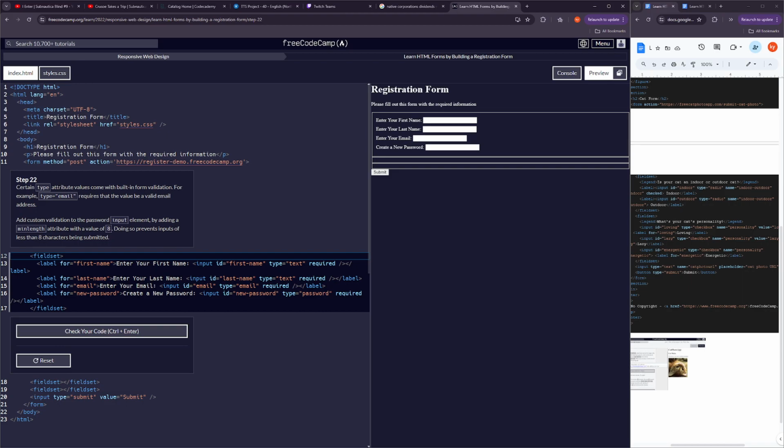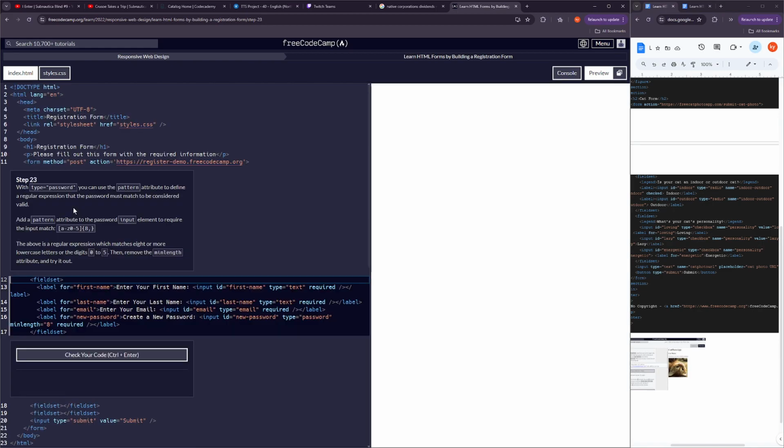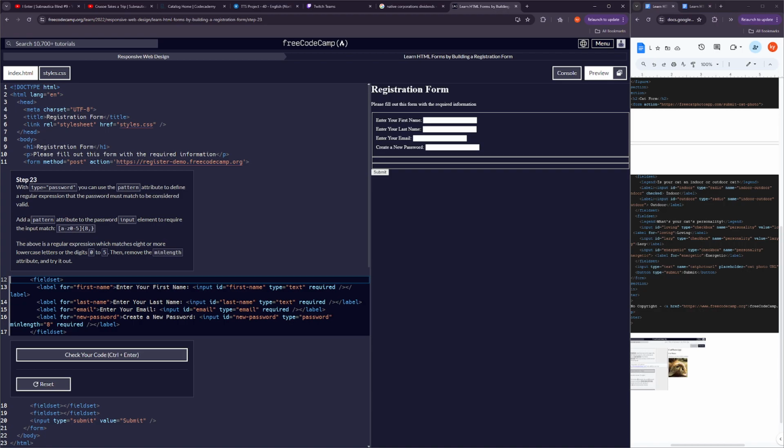Let's see. Input, password, there we go. Adding minlength with the value of 8. Doing so prevents inputs of less than 8 characters being submitted. 23. With type equals password, boom. You can use the pattern attribute to define a regular expression that the password must match to be considered valid. Add a pattern attribute to the password